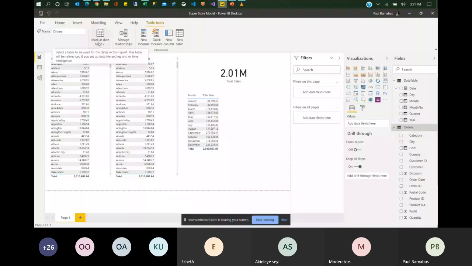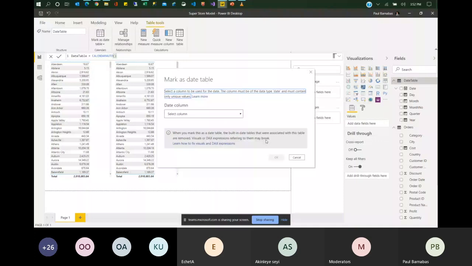I want my date table to be marked as a date table, so that Power BI recognizes it and can carry out the ideal calculations needed. So it's asking me which column is the date column. It's called date. Validated successful. So we are good. I click on OK.